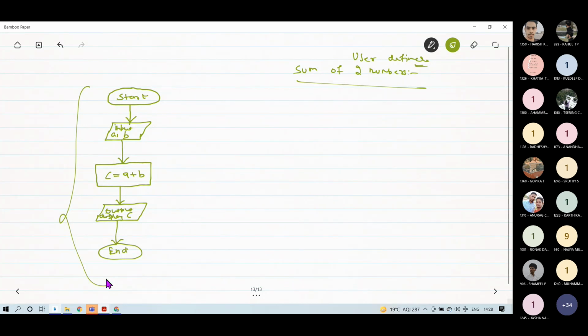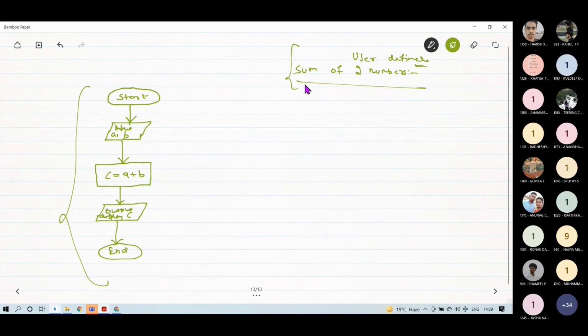But yes, based on this flowchart, if you want to solve the same problem in Java or Fortran, and you show this flowchart to a person who is an expert in Fortran, then he or she will use his own keywords to make the same program in that particular language.